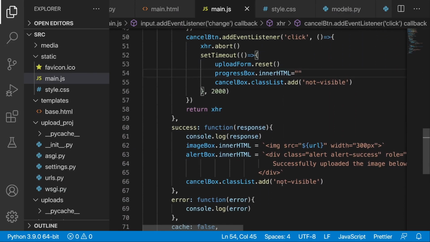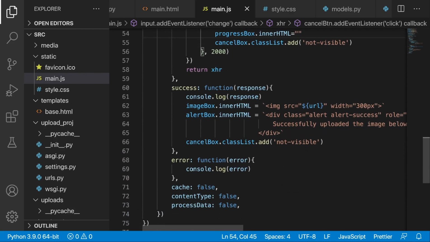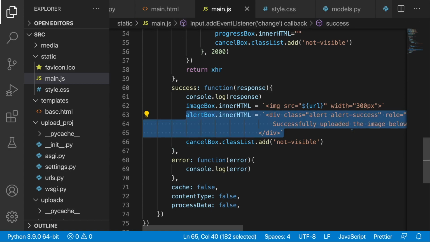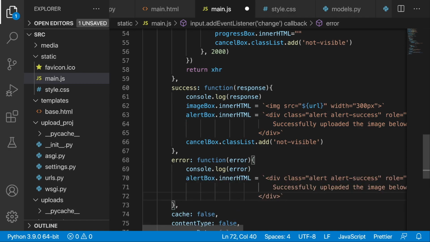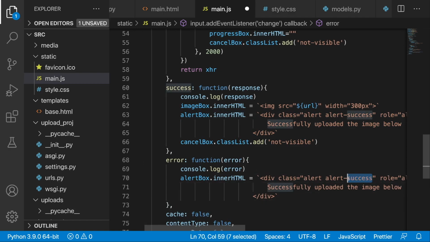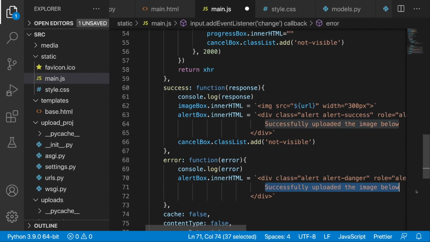So yeah, I think we can just focus right now on the error if something goes wrong. So also if we abort, we should see an alert box with an alert. Instead of success, we will have danger,